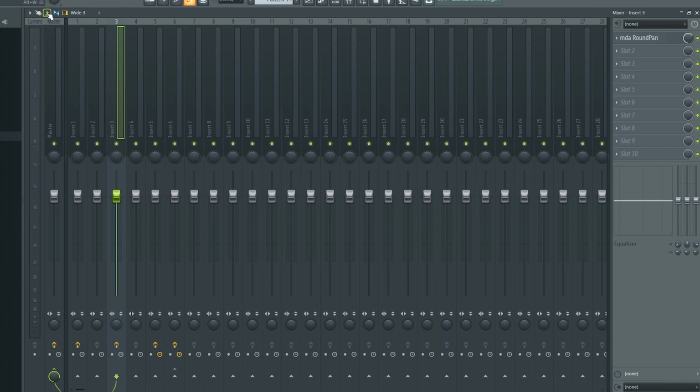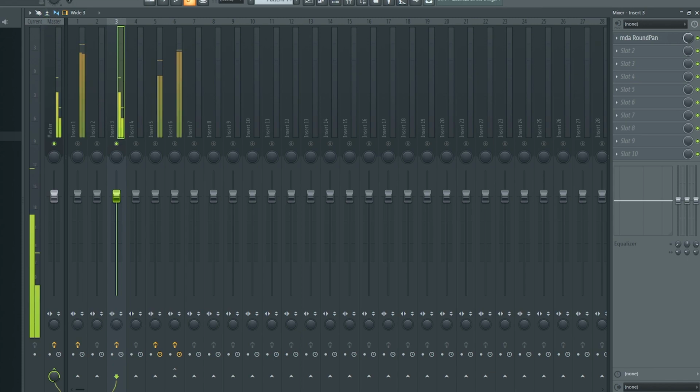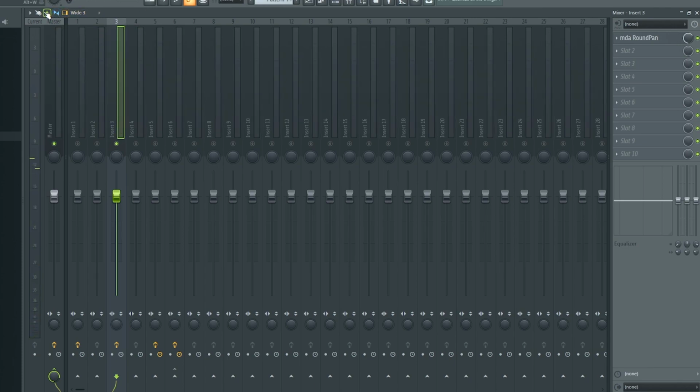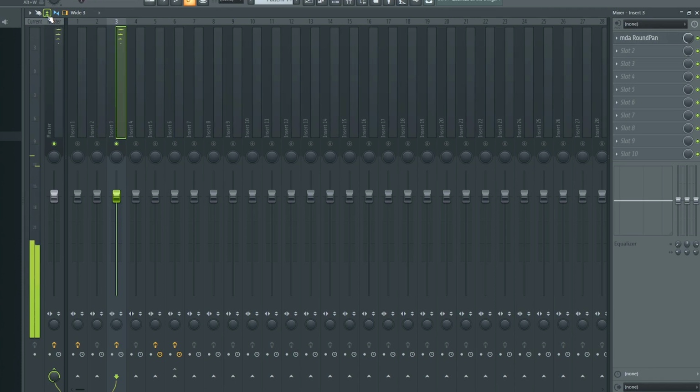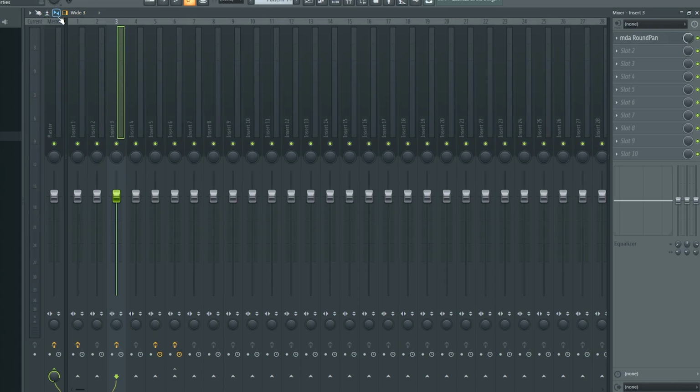View waveforms, so I'm gonna just solo this kick maybe, and actually I'll solo this hi-hat, and I'll show you what the different waveforms do. So you can change between a level that is constantly bouncing up and down, or you could go through the history of the sound. This one lets us view extra volume and stereo properties, and this one is to view or swap the track inspector,